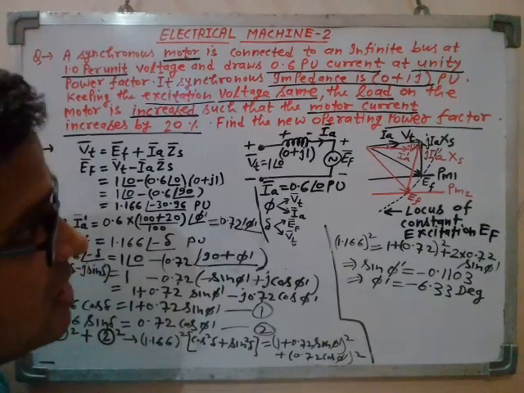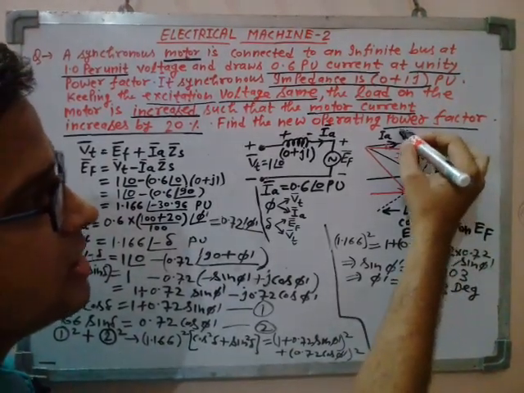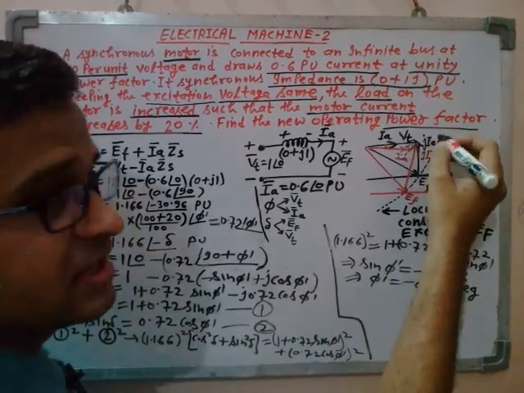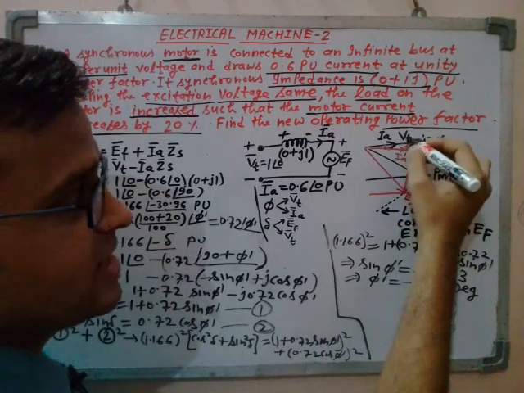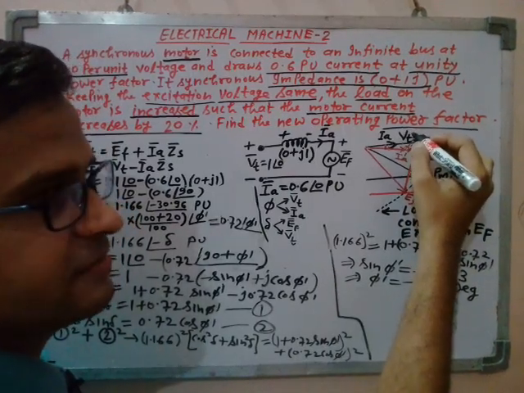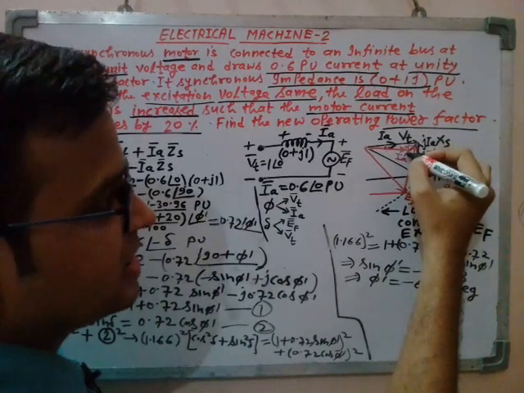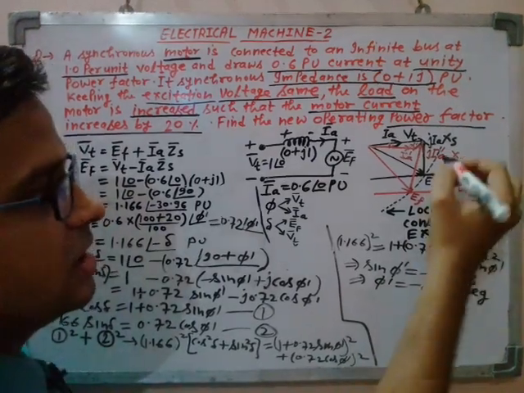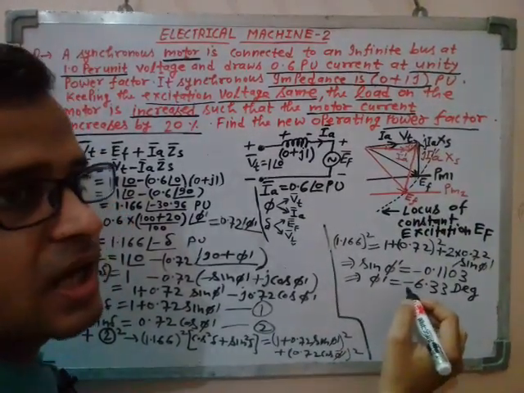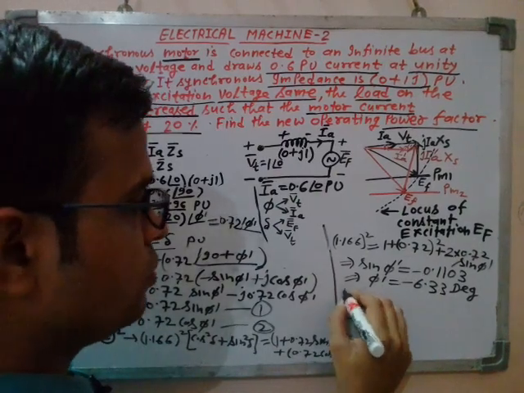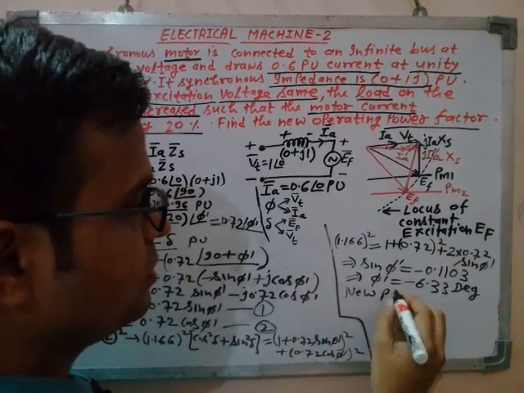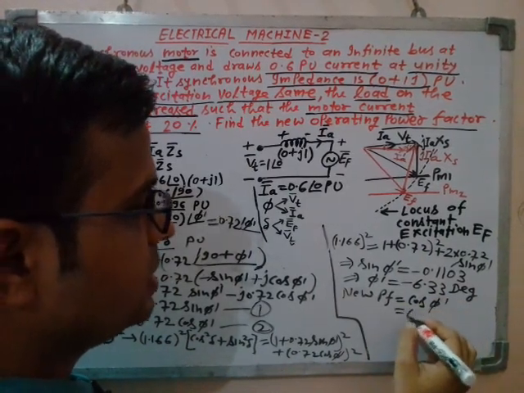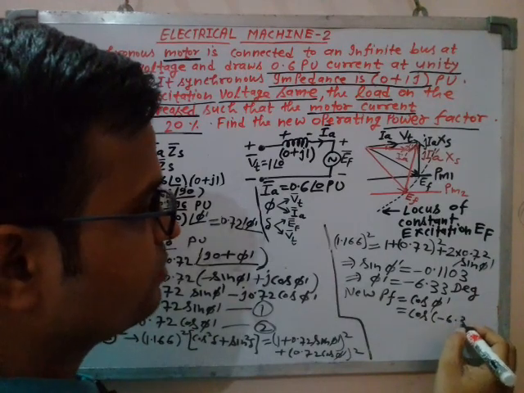So that means you know that the terminal voltage is always taken as reference, that means at angle 0. And from that terminal voltage phasor, which is taken as reference, which is the convention, the new armature current Ia dash is lagging by this angle 6.33 degree. That means its new operating power factor is lagging. So now new operating power factor you can find out. New power factor is equal to cos phi dash is equal to cos of minus 6.33,